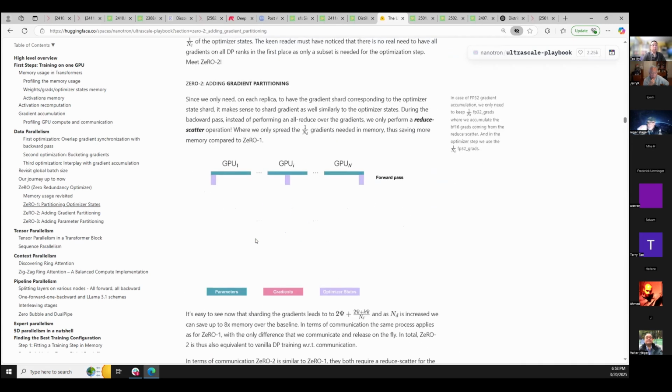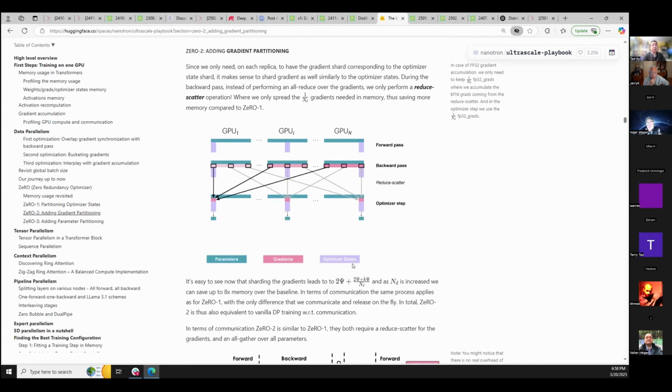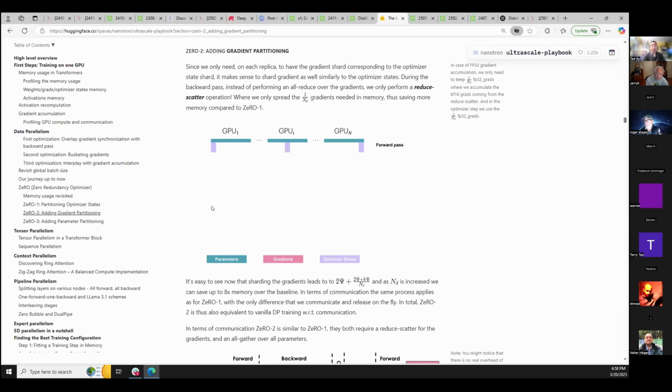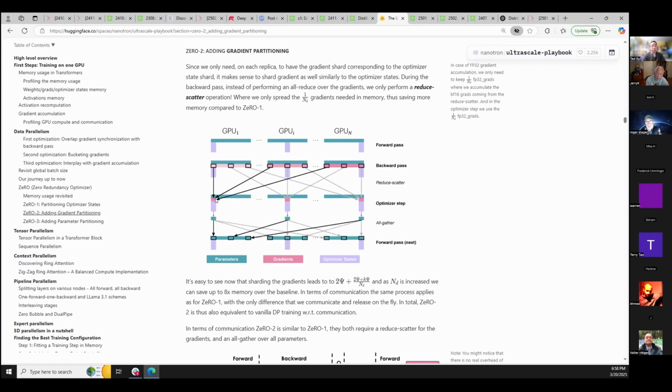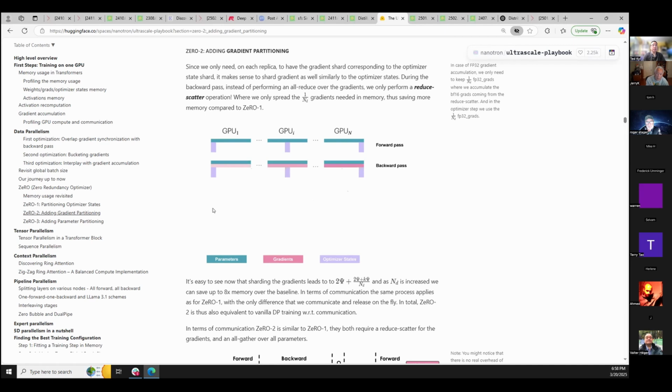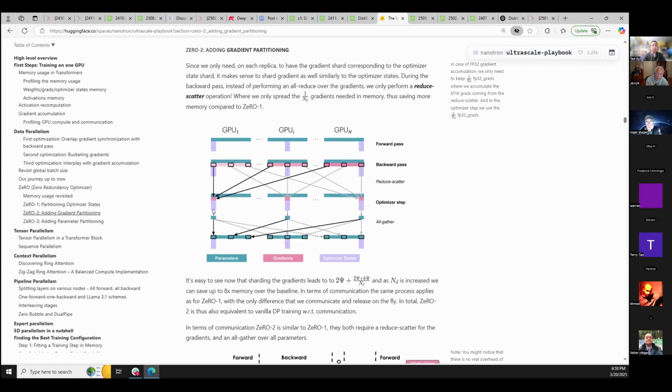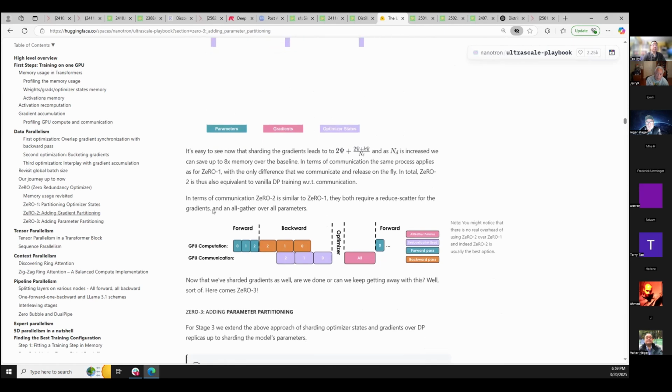So when we get to 0, 2, do we have as pretty of a diagram? I think we do. Now what you see in this diagram over here is that, instead of having the full width of the pink stuff, okay, I really only need the activations. I'm sorry, excuse me, this is the gradients. I misspoke. I only need to worry about the gradients associated with my particular slice that I'm doing the optimizations on. And I believe it says here somewhere,